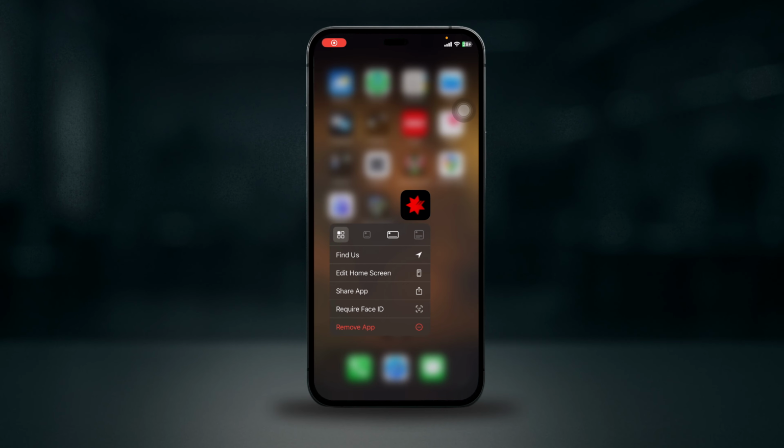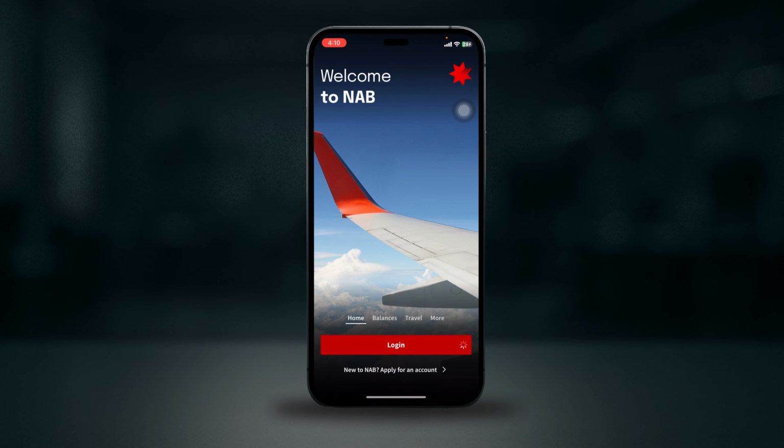Hey everyone, welcome back. If you forgot your NAB app password, first open the NAB app, tap on the login